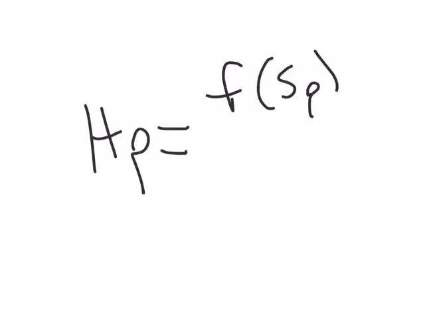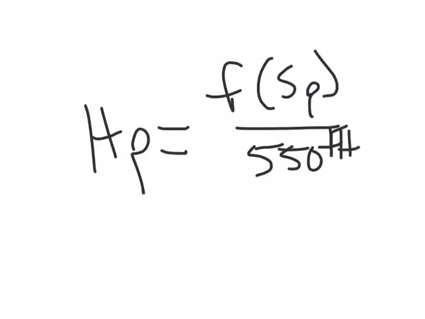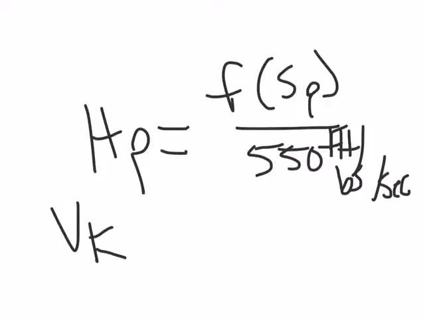And then horsepower, HP, is force times speed divided by 550 foot-pounds per second. Okay? If airspeed is measured in knots, which will represent, as the book does, in VK,